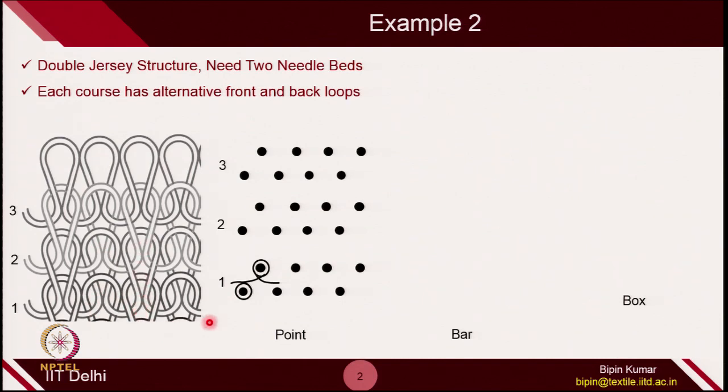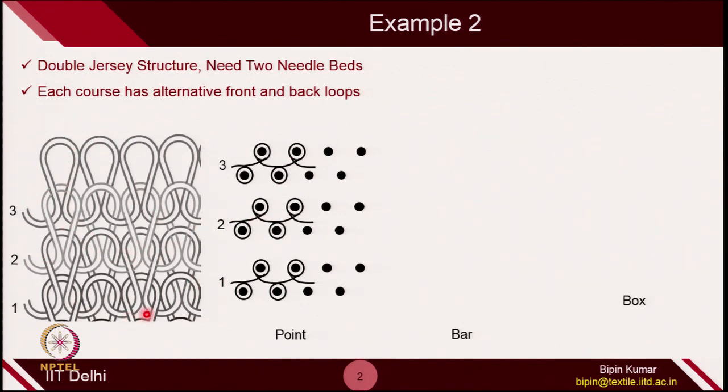Now you go for the third and fourth, which will follow the same. Since only 4 loops are present in a course, the other needles you cannot sew, because the loops are missing; only 4 loops are there in the course. So, the other needles you can leave blank. The second course has a similar nature, and the third course also. So, the 4 wales represent 2 wales on the front side and 2 wales on the back side. This is how you represent this particular fabric structure.